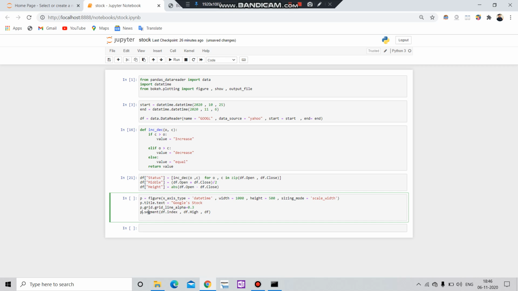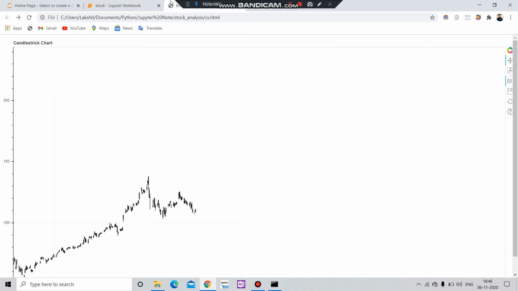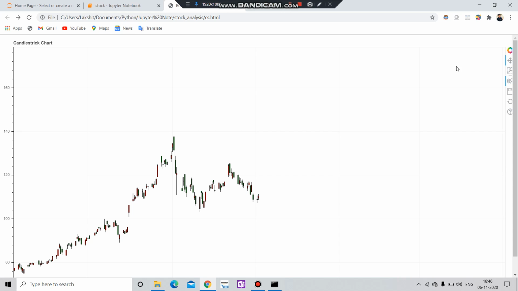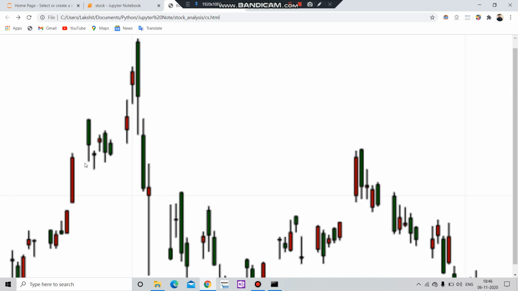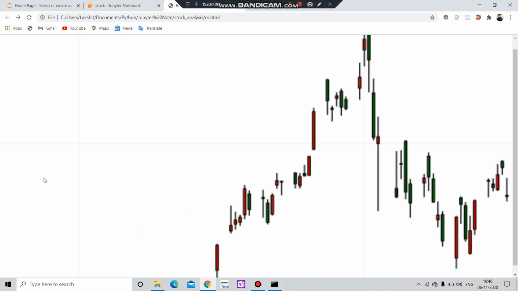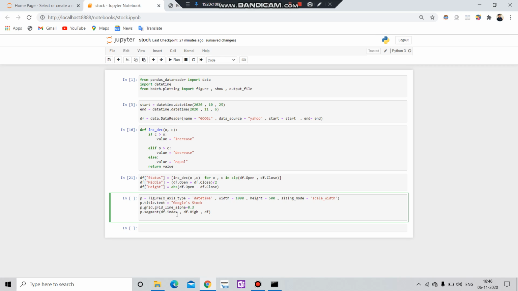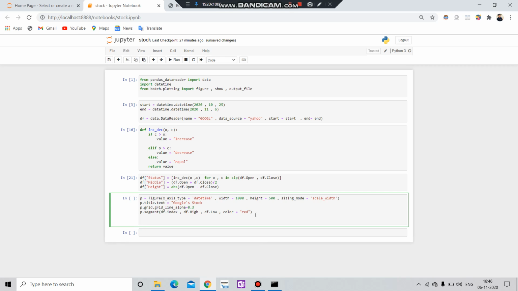Okay, here you can see we are giving values for this graph. Here you can see this value, this value, this value, this value. Okay, so first is index, then the high value. After that, give the low value, and we have to specify the color, color equals to red. Okay, then